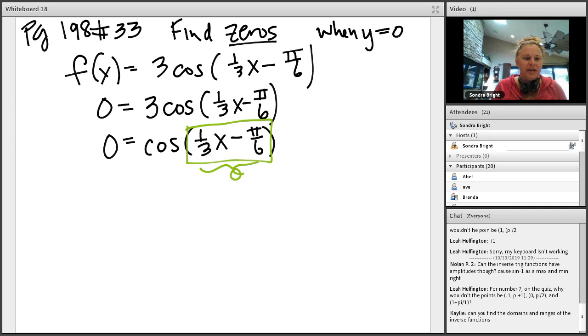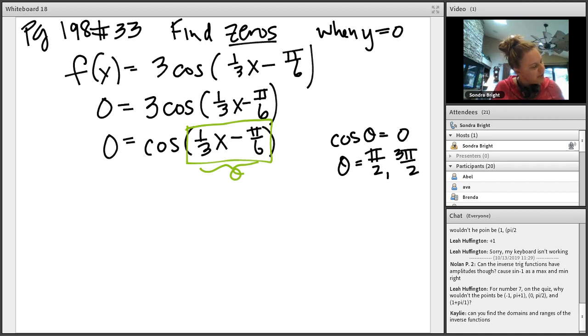And what I'm trying to answer is, cosine of theta of an angle is equal to 0 when? Well, when theta is pi over 2 and 3 pi over 2, or just two of them. I think your book is probably going to give you all of the answers. We're going to just ask you for 2 of them. So that's what you do, is you set this theta,